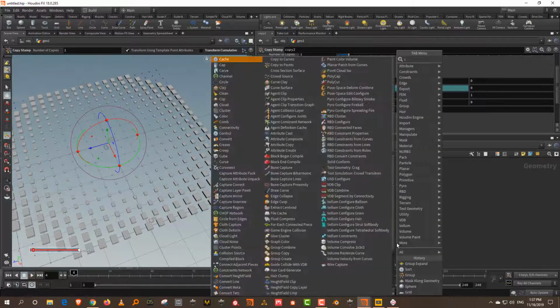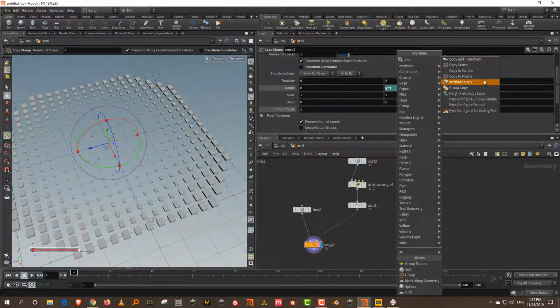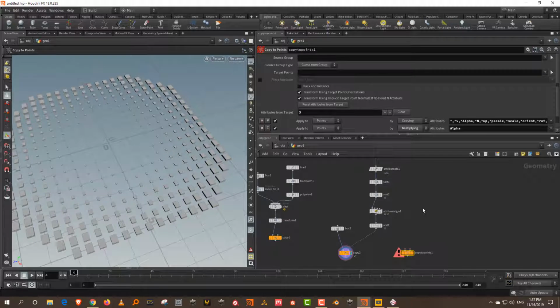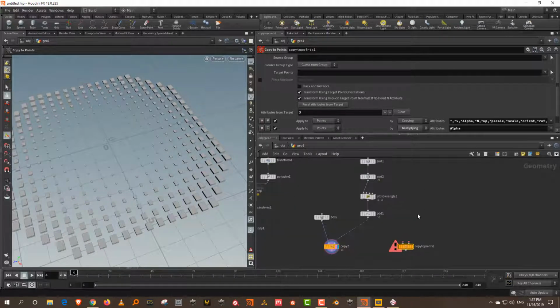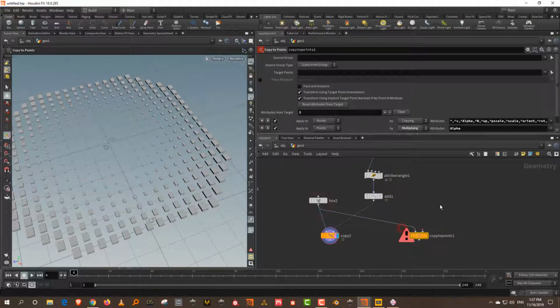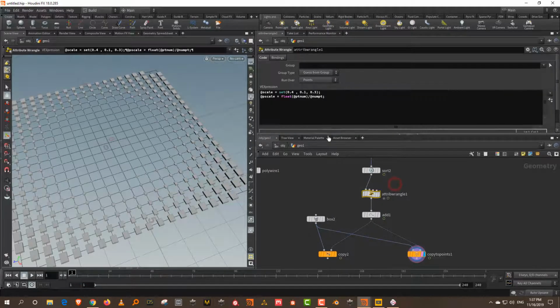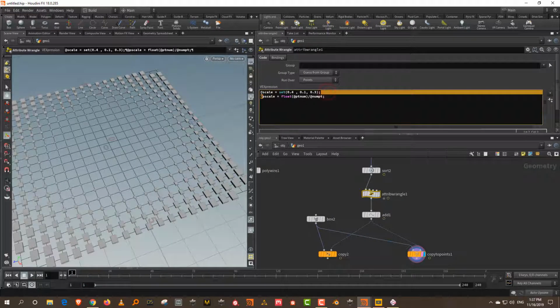You can just use something called copy to points. And copy to points is like you can modify existing values using these ready-made attributes. It's pretty straightforward. Okay, so I can just connect this and then I'll connect that over here. You'll basically get the same result, because we have P scale and all of that. And let me get rid of the scale as well over here.